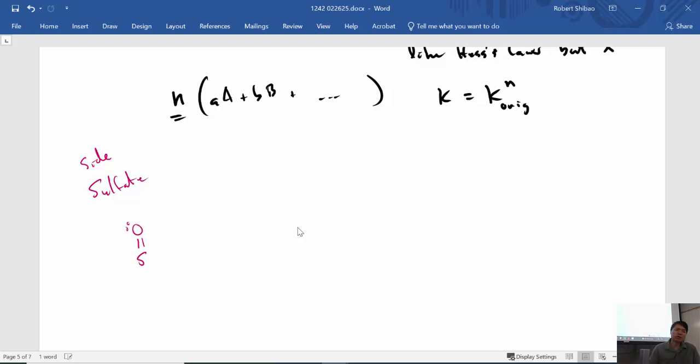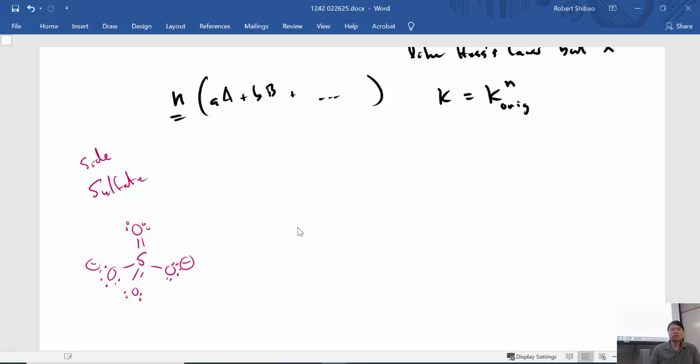I'm going to do this structure, the expanded octet structure of sulfate. Because typically this is the one that's normally shown. Out of these 4 oxygens, which one should be the most basic? Obviously, we know if you do the expanded octet structure like this, all the oxygens are